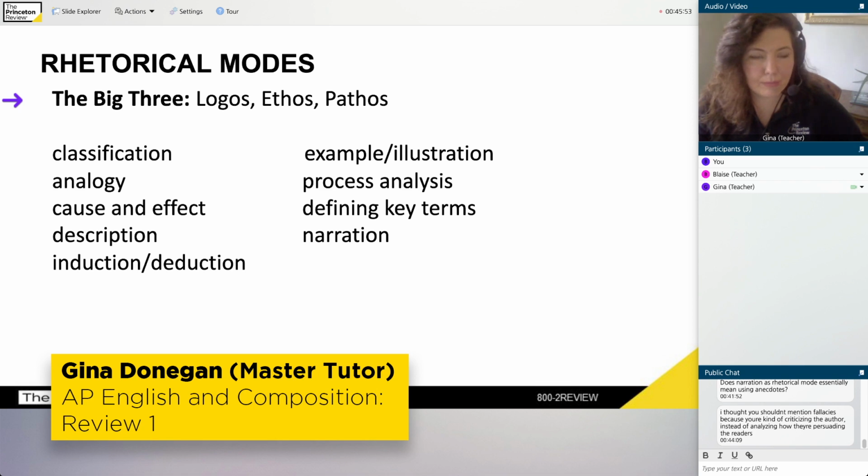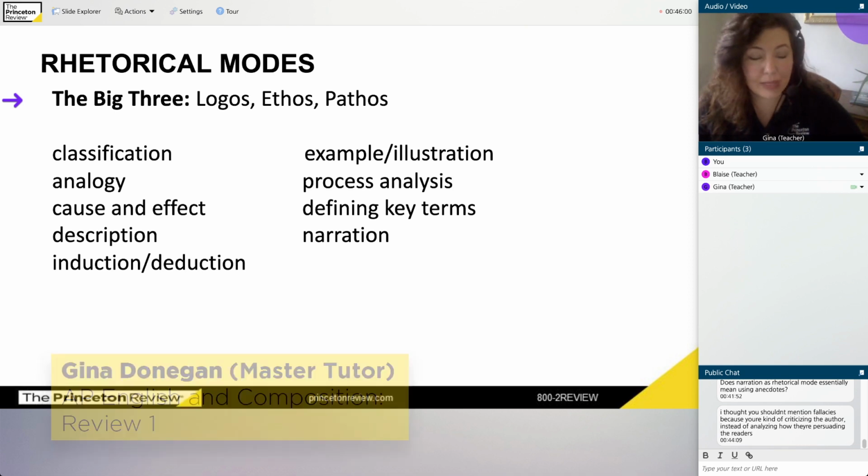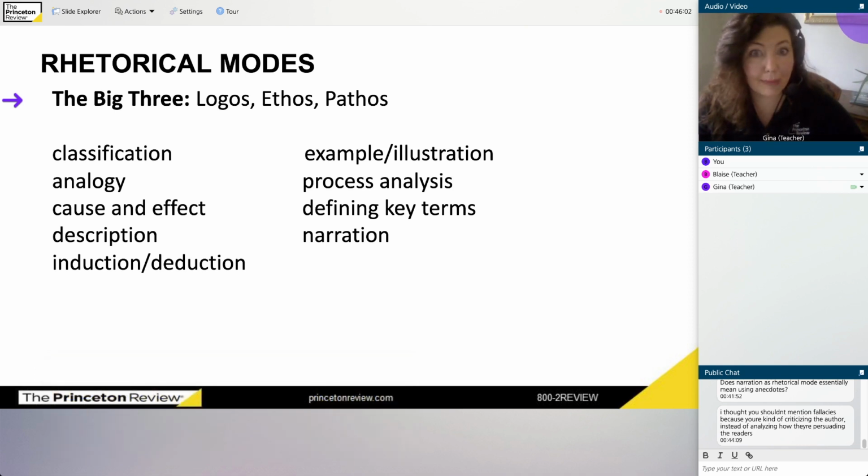And by the way, all of these things are found in a lot more depth in our copy of Cracking the AP English Language and Composition. So if you happen to have that book or if you're looking for a great resource, we go into a lot more detail as to what all of these things are in that book.